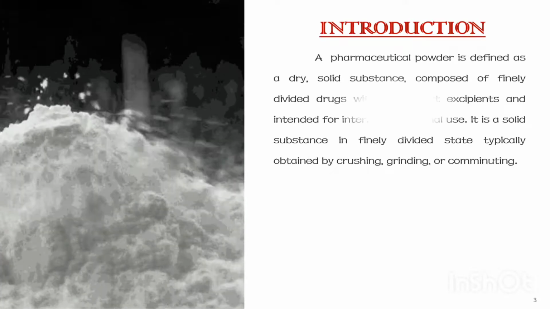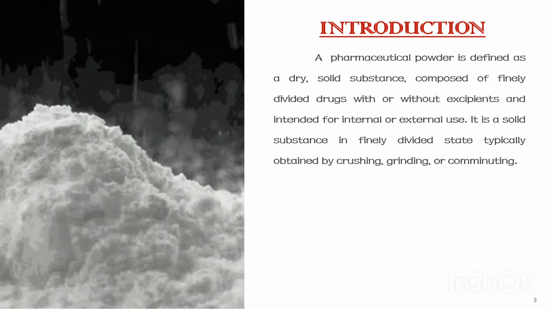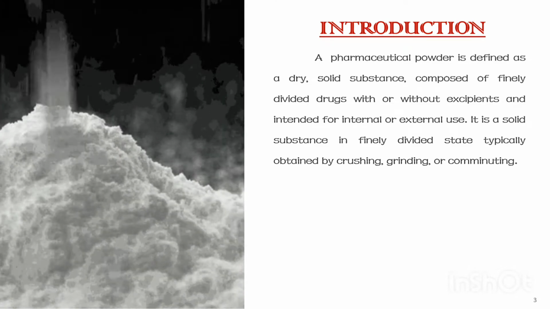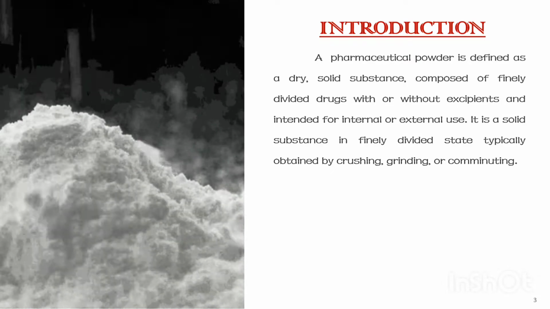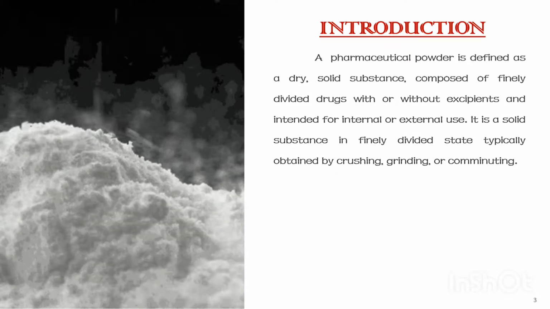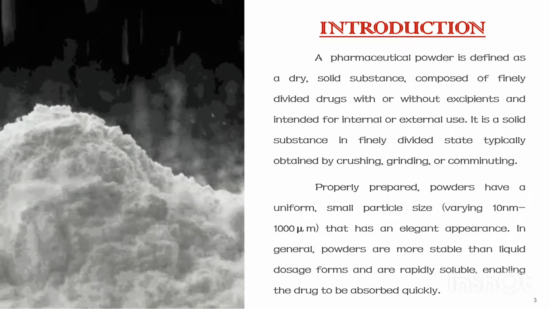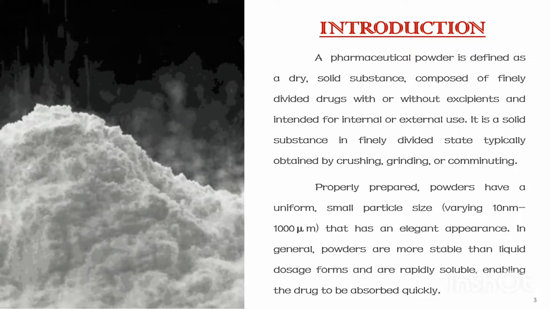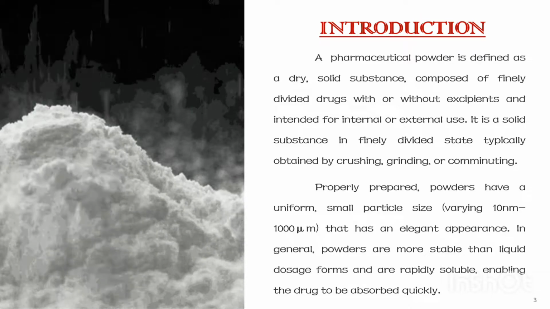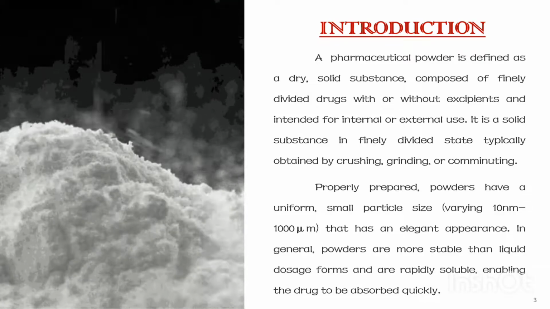a pharmaceutical powder is. A pharmaceutical powder is defined as a dry solid substance composed of finely divided drugs with or without excipients and intended for internal or external use. It is a solid substance in finely divided state, typically obtained by crushing, grinding or comminuting. Properly prepared powder has a uniform small particle size varying from 10 nanometers to 1000 micrometers that has an elegant appearance. In general, powders are more stable than liquid dosage forms and are rapidly soluble, enabling the drug